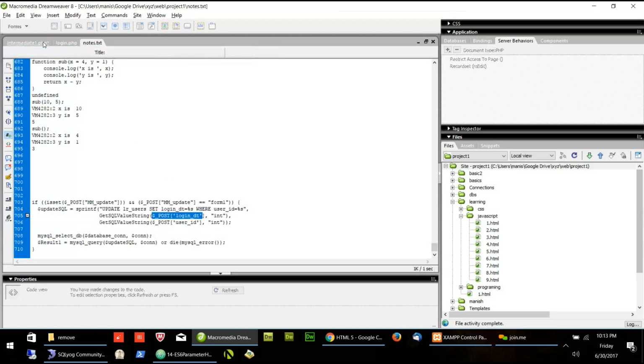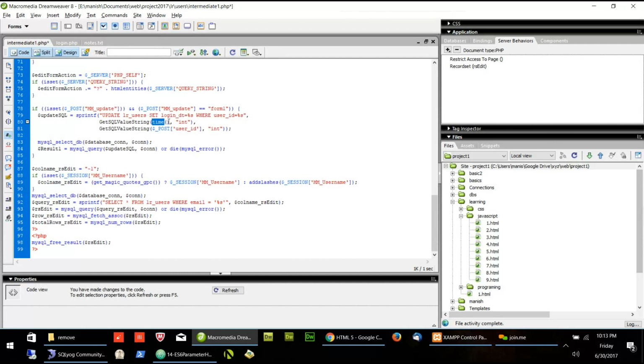And what is the automatic date? That is the time. This is the number of seconds which pass from 1970 till now. Is this part clear? The time part? Yes. Why am I putting time? Because I want to update it when the user logs in. At that time I want to put it.